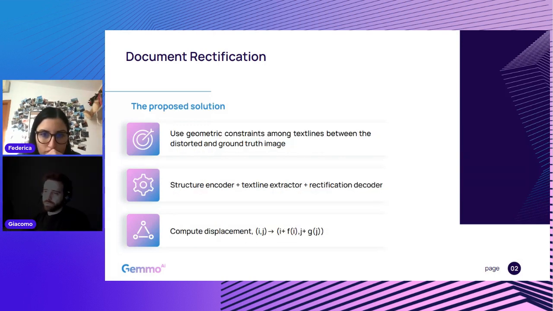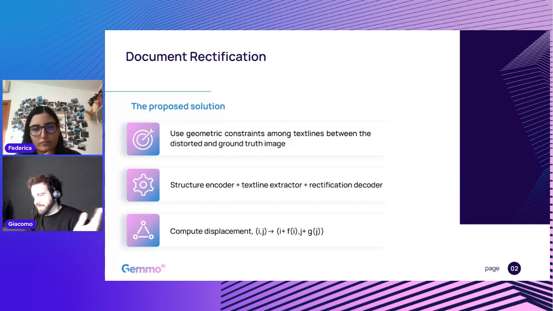And so these guys are proposing a different solution. So these guys are proposing a deep learning technique, and the idea behind this technique is that, in fact, the basic ingredient of your document, assuming this one is a text document, of course, is that there should be some text lines, and these text lines actually are pretty constrained, in the sense that we read the text from left to right and